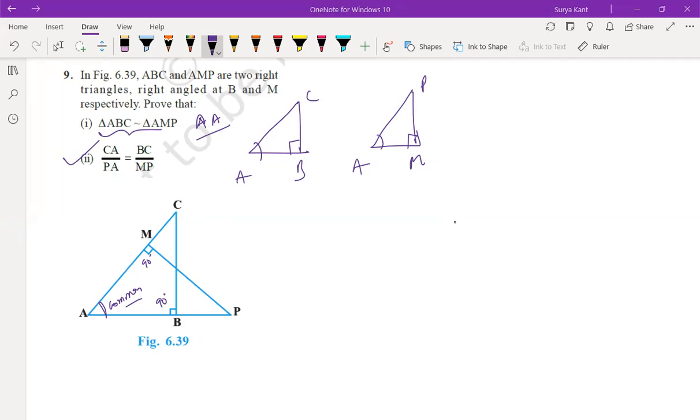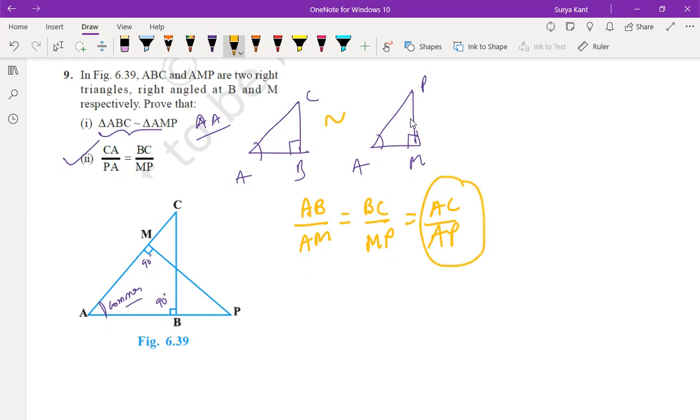Sir, by drawing a parallel line. Where you should draw parallel lines? So we can just say that they are congruent parts of similar triangles. That's why they're equal. See, if two triangles are similar, their sides should be proportional. So we can write here that AB by AM is equals to BC by PM or MP is equals to AC by AP. AC by PA is coming here and BC by MP is coming here. So not required this one. By this one, we can write by